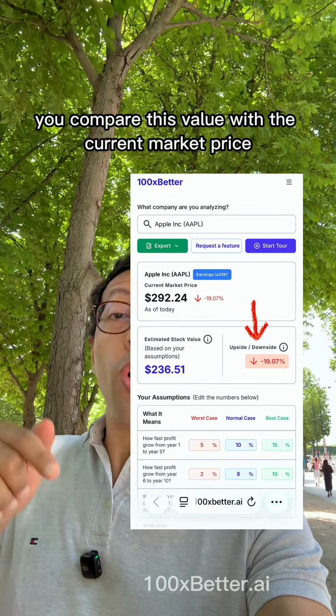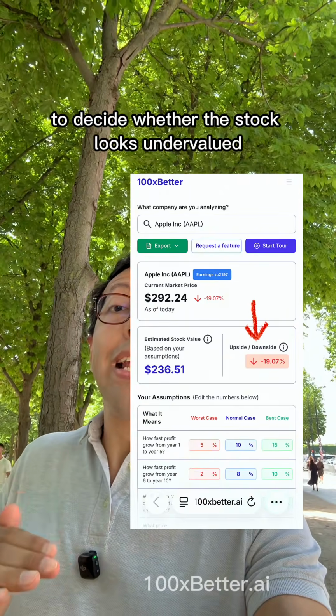You compare this value with the current market price to decide whether the stock looks undervalued or